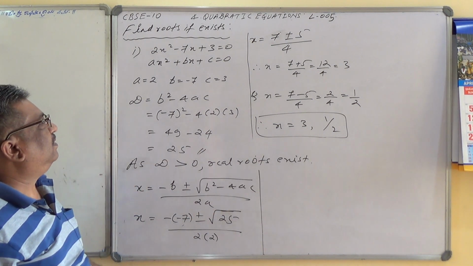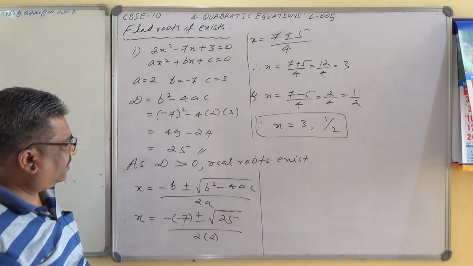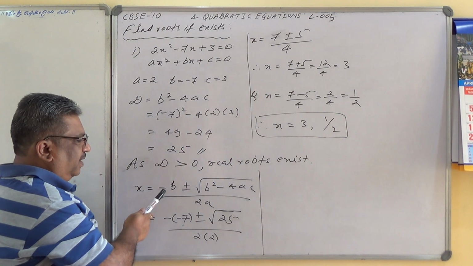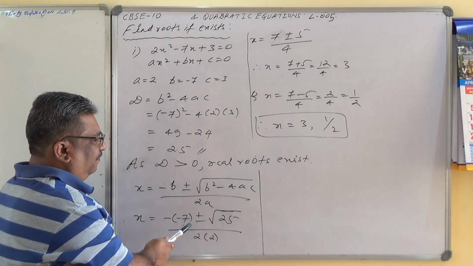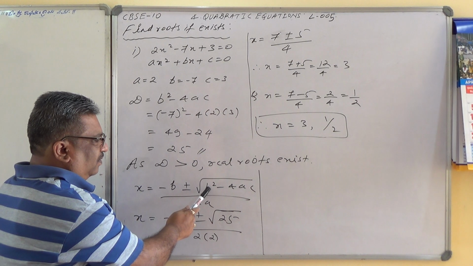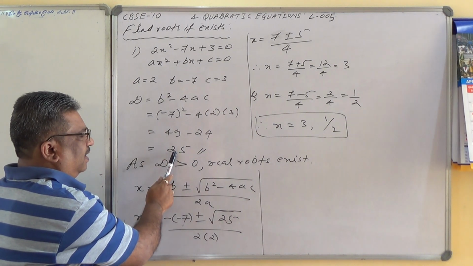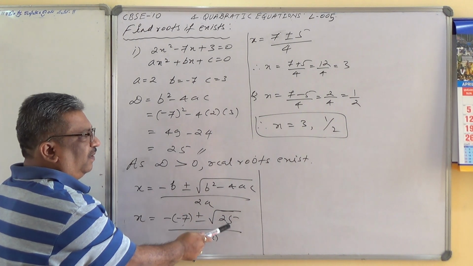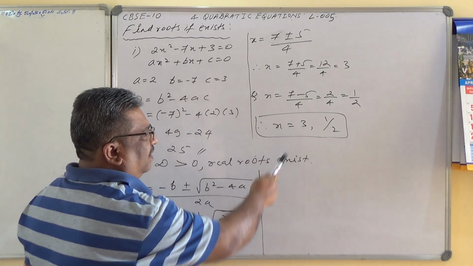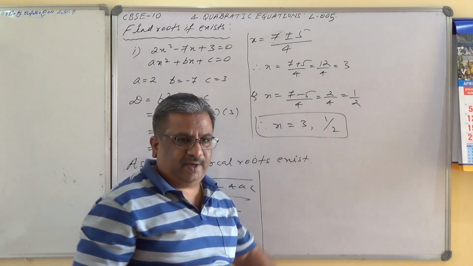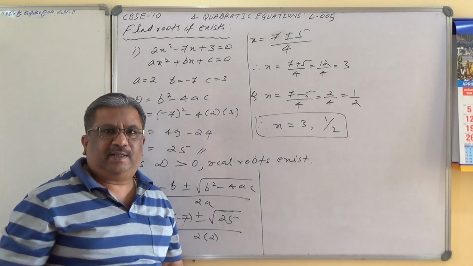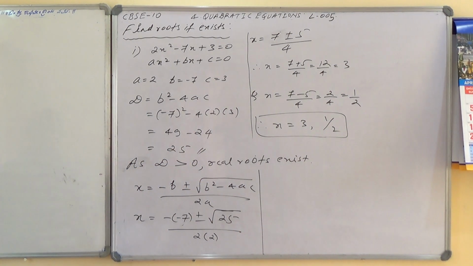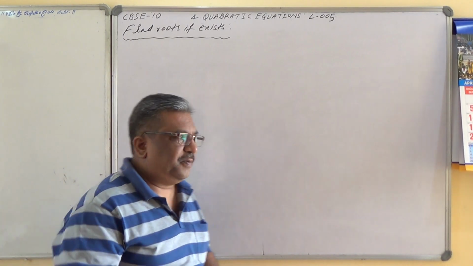This is how we can solve quadratic equations using the quadratic formula. I hope you are understanding what I am doing over here. As I had worked out b square minus 4ac as 25, I simply substituted that value, under root of 25. So I am getting x equals 3 and half here, isn't it? Okay, let me take up another problem now. We will take one more problem.